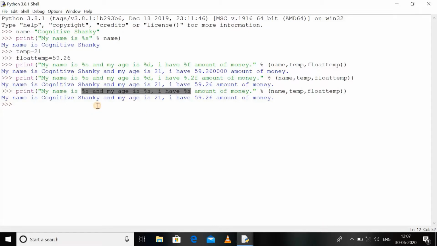Now the second type is using the format method. For the format method, let's say my message is this one only. Instead of modulo s or modulo d, we have to use curly braces wherever we want to place our variable's value.